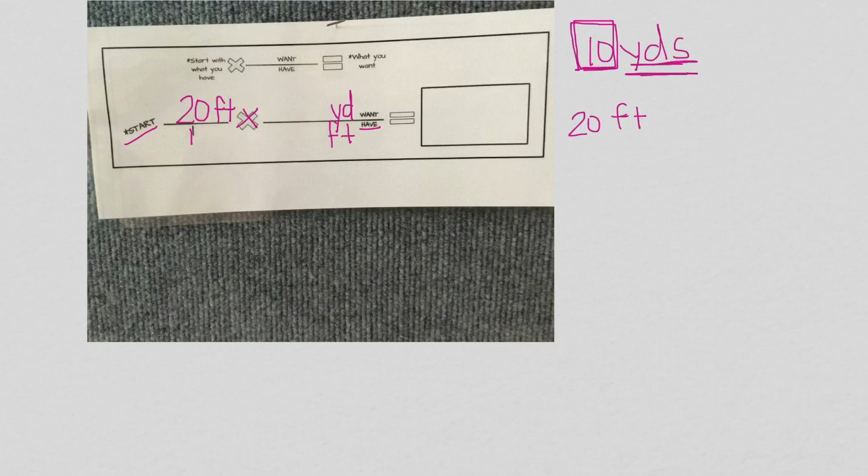Now I have to use my conversion chart. And I have to think how many feet in a yard. So there are 3 feet in 1 yard. Now, I'm just going to multiply straight across. First, I'm going to cross cancel my feet out because I'm looking for yards. I'm going to go straight across and I get 20 over 3. Now, in order to find the number, I need to put 20 in the box. So I'm going to say 20 divided by 3